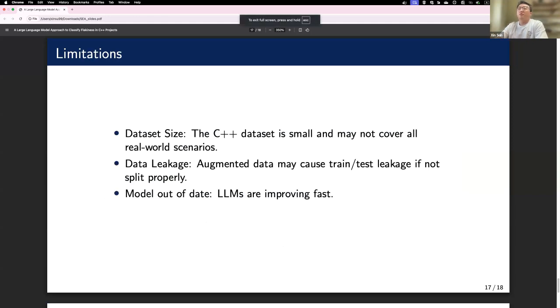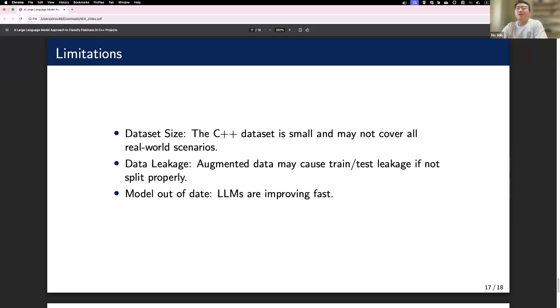Finally, we present some limitations of the study. First is the size of the dataset. Although we constructed the C++ flaky test dataset, the dataset itself is still relatively small, which may impact the generalizability of our results, and it may not cover all real-world scenarios.